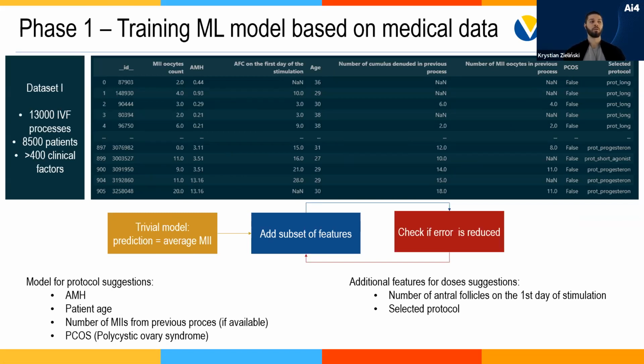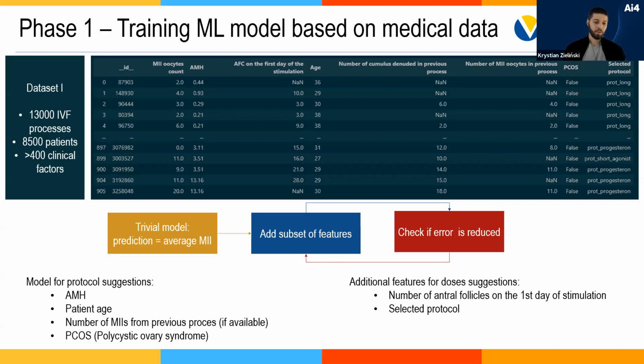And for choosing the proper features for the model, first of all, we trained a trivial model. So the prediction for every patient was just the average number of M2s in our population. And then, based on the discussions with gynecologists, we were iteratively adding a subset of features to our model. We were checking if the root mean square error was reduced. If so, we used the feature in later stages of modeling. And that's how we